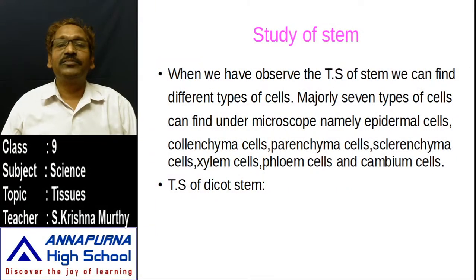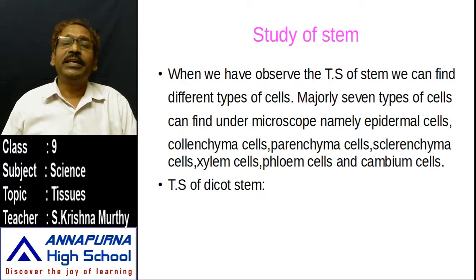In the earlier class we learnt about the study of the stem. While studying the stem, we observed different kinds of plant parts. What are the different kinds of plant parts present? They are covered with different kinds of tissues. What are the different kinds of tissues? Simple permanent tissue and complex permanent tissue. Here, the simple permanent tissue or complex permanent tissue is covered with an outer membrane. What is there? An outer membrane is there.